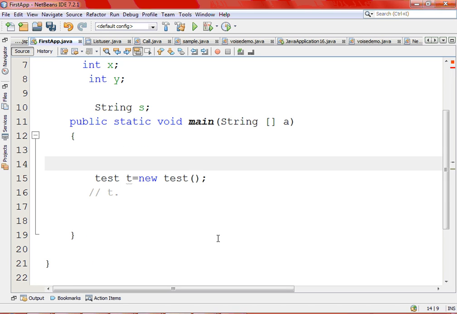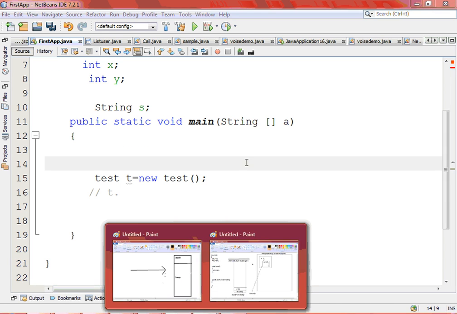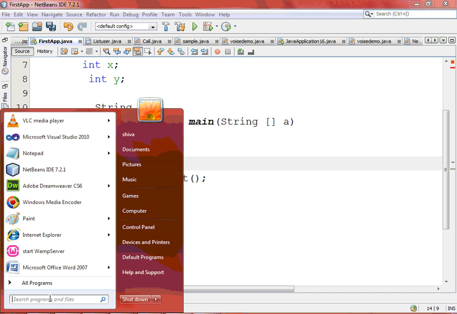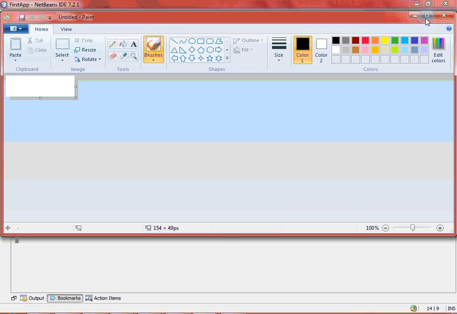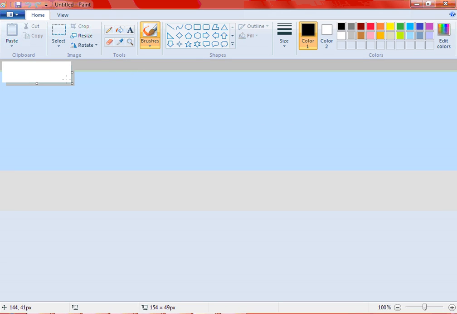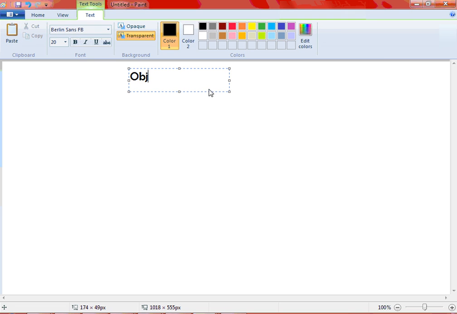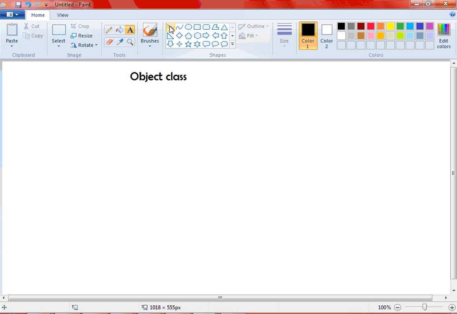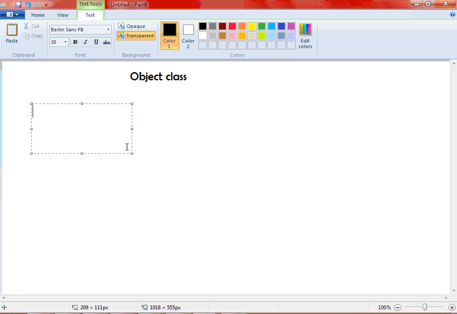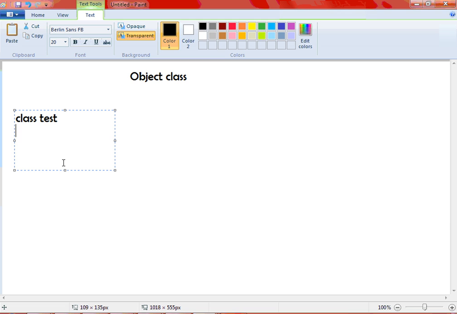Correct. So in Java there is one class that is known as the Object class. Now, when an object is formed, or when you write a new class, suppose you have written a class Test,